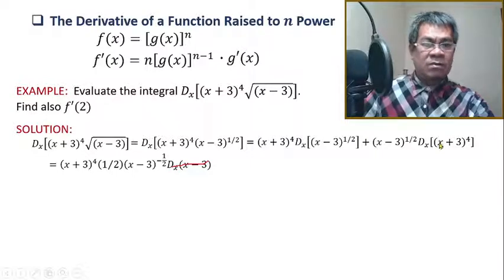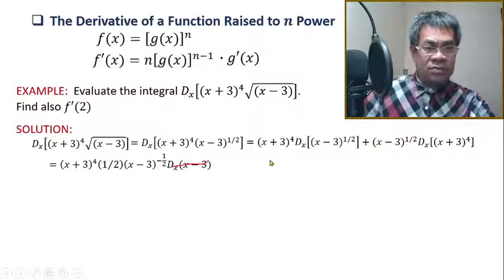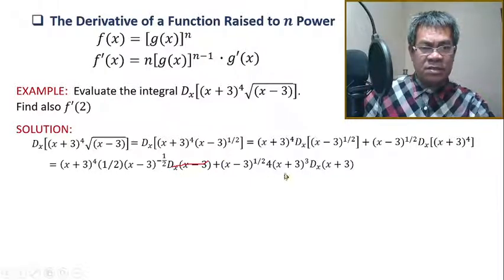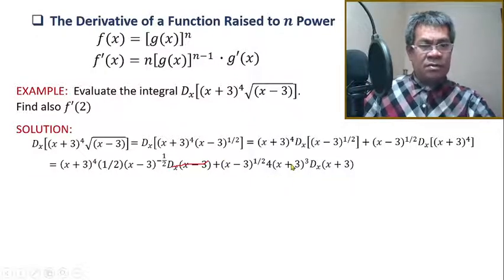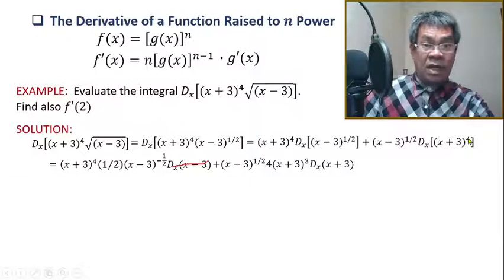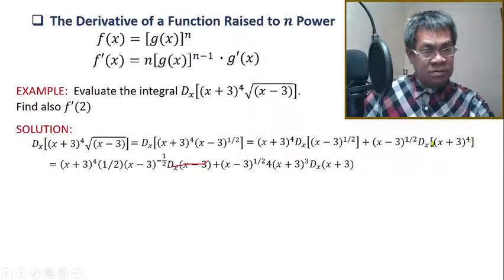So then move to the second term. So we have plus, copy because this is part of the answer. Then we have this one. So you have to dive the power. Another function raised to n, dive this one, and we have this 4. Then subtract the 4 by 1 becomes 3. So this is copied. Actually, this is the g(x). Now, next is to differentiate this. So the g prime(x), this one.